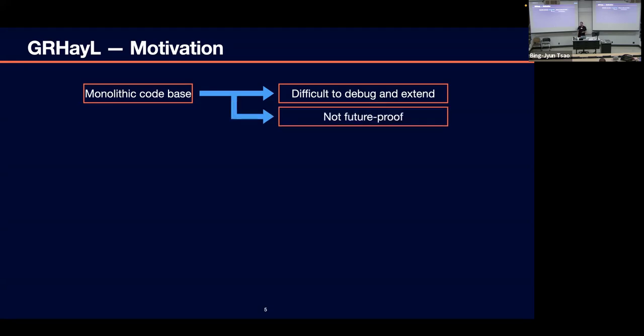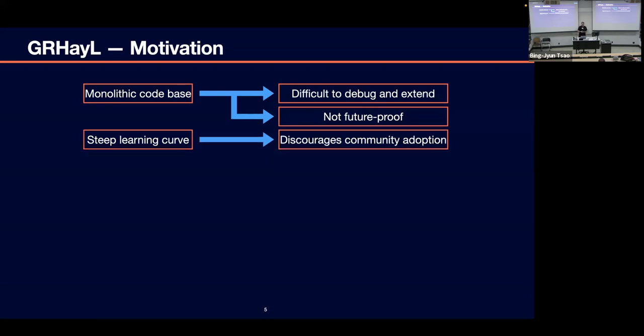And on top of that, it's not really future-proof. Some of the extensions were not following best practices and they're not the best way. We wanted to make something that is a little bit better for everyone. And on top of that, it comes with this idea of a steep learning curve, right? As I will talk about later. But if you just focus on learning the Einstein toolkit itself, then learning Illinois GRMHD and the physics going on behind it, it's just a lot to digest, right? So it discourages community adoption. Again, if you're newer to the game, it's very difficult to follow.